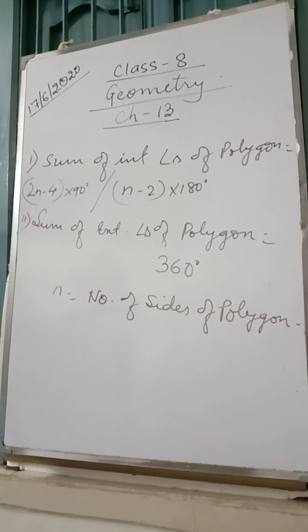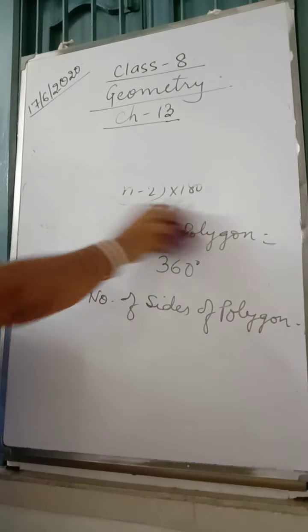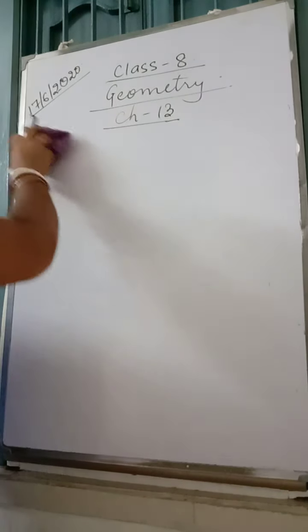Okay dear. So how many sides do we have? It depends. The sum of interior angles, not exterior angles, depends on the number of sides of a polygon. Now, if they have asked how many sides there would be, or the sides are given, what would be the sum of interior angles? As in question number 3 of exercise 13A, they have given the sides and they have asked for the sum of interior angles of the polygon.